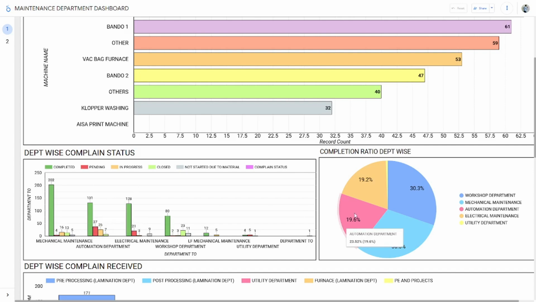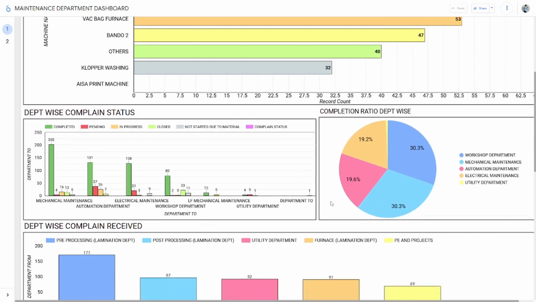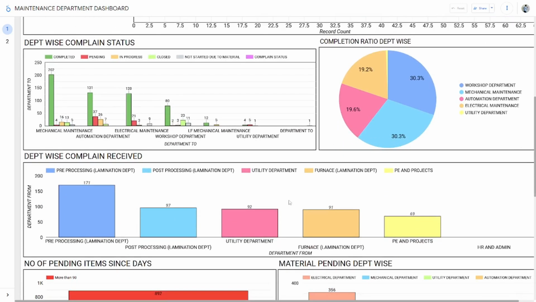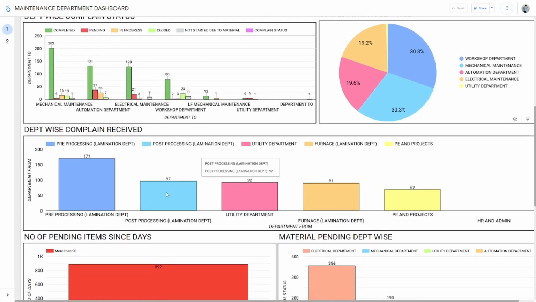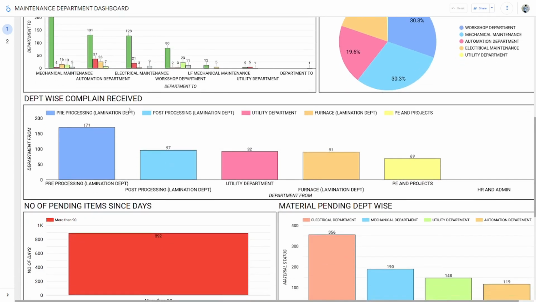Here you can also see the department wise completion ratio, like how many work orders are completed by the departments. So here is the department wise view, the department which issues the work order. Here you can see the status, department wise. So as you see,